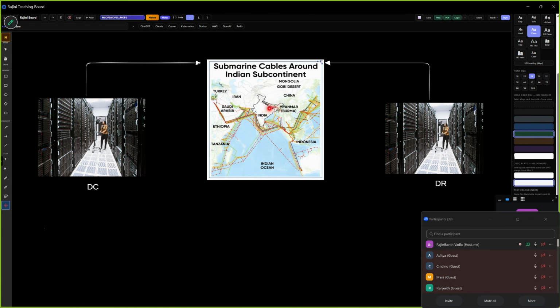Whenever you are sending any message from one country to another country, you might be facing some latency, right? Why? Because it is switching the path. Example, I'm sitting here in Hyderabad and I would like to message a person who is in Tajikistan or Saudi Arabia. So it will go from the Mumbai point. If Mumbai is down, then my message will come back and go from the Kochi side. Or if not, then it will go from the Chennai side. That means it will take a long time to reach that person. So this is a network flow.